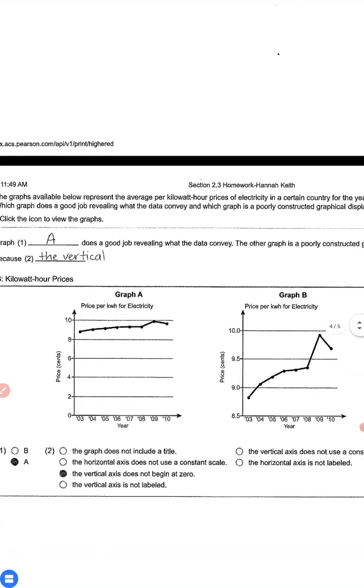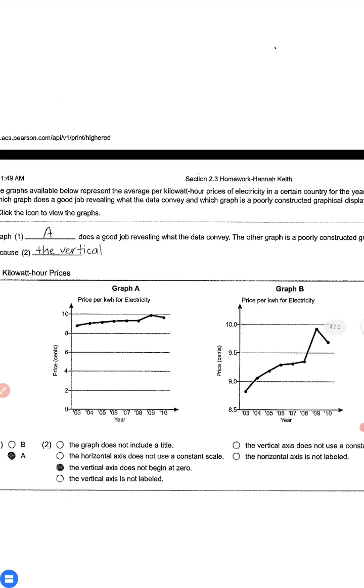Okay. So here we have a graph that is called a time series graph. They're not something that you see in this class a ton, but they are something I want you to be familiar with. Which graph is better? So the problem I see with graph B is in the scale. When you look right here, you don't start your graph until you get to 8.5 versus here, you start your graph at 0. The reason that's a problem is because you are starting at 8.5 on graph B,